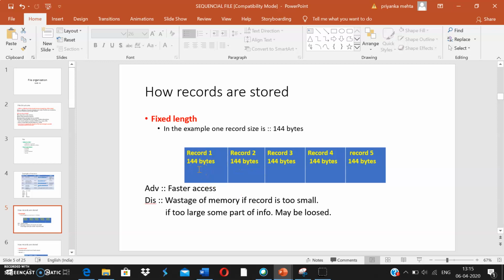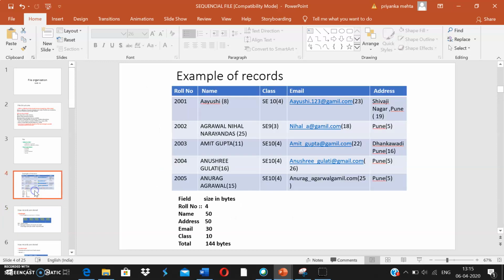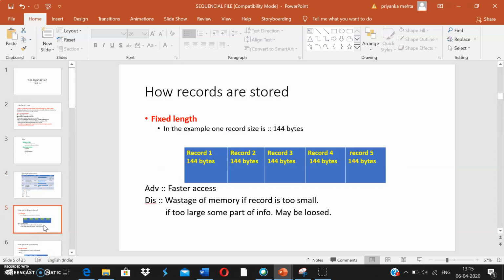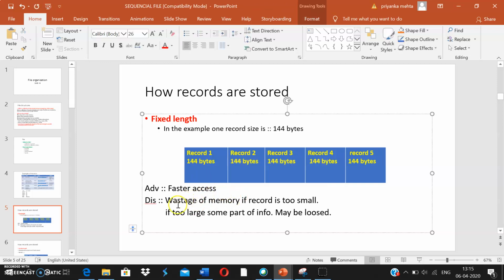That means if I reserve 50 bytes for the name, and I have a name of size 10, it will still take 50 bytes in my memory. The advantage of this type of representation is faster access. The disadvantage is the wastage of memory, and if the data is larger than the allocated size, you may lose the values.